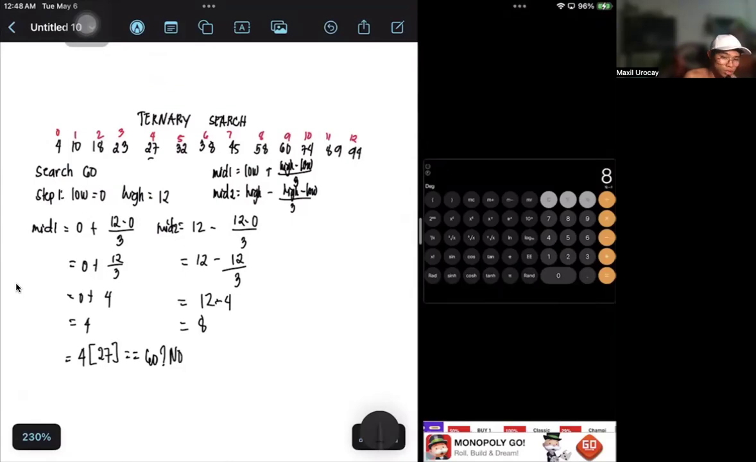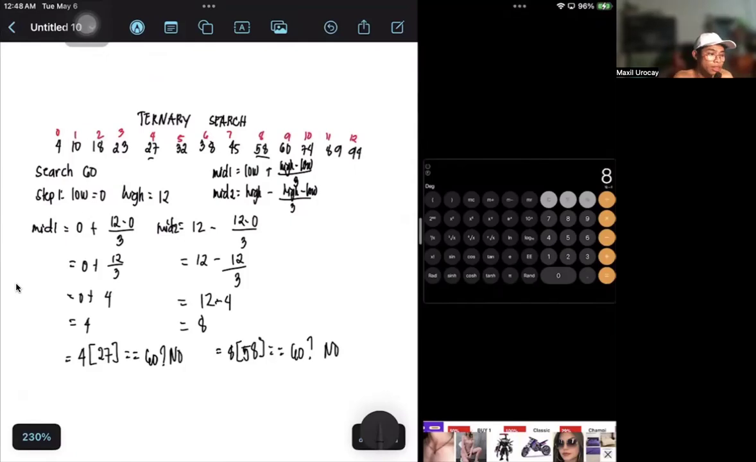We will do the same for the other one. Index 8 is 58. What will happen in this case? Is it equal to 16? No, technically. Okay, that's how you deal with that one. Right now, if you evaluate that,